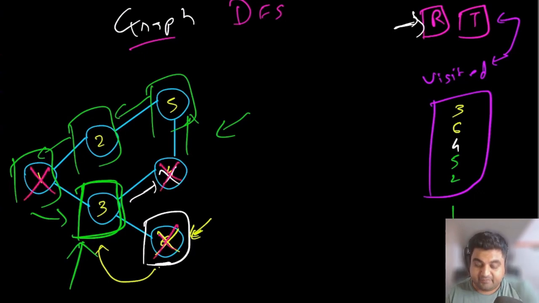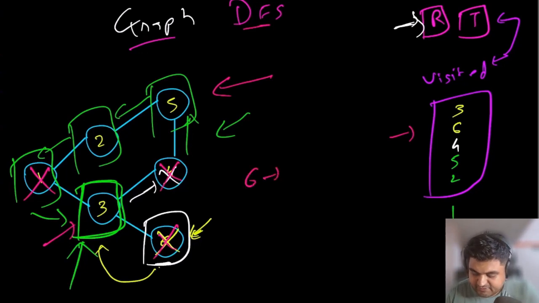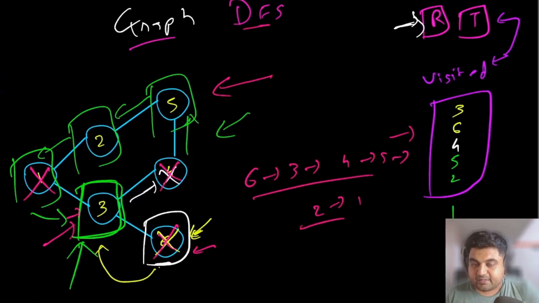Now at node number 3's position, since we took care of every single neighbor of node number 3, we are going to consider node number 3 as done and the DFS as complete, because all the nodes that we were able to visit in a single go are mentioned in the visited hash set. If we want, we could have plotted on our graph that after visiting node number 6 we would come back to node number 3, then go to 4, then 5, then 2, then 1 and again come back to 3, but we are not going to do that. So this would be like a traversal path.